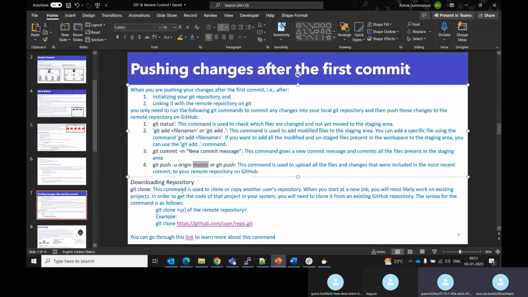And if you want to download a repository, git clone. See, this is git clone, as we want to download someone's repository or copy someone's repository. So this is the download repository. After that, this is the git clone URL. If you want to go through this git URL here,